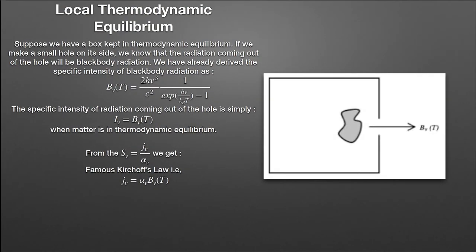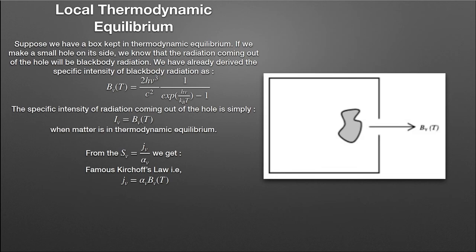So now the next thing is we'll talk about local thermodynamic equilibrium. We'll consider a box kept in thermodynamic equilibrium. Now if you make a small hole on its side, we know that the radiation coming out from that hole would be black body radiation. And in previous slides we have already derived the expression for specific intensity of black body radiation as